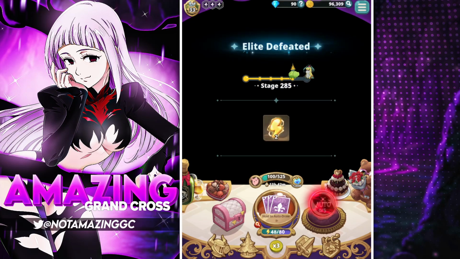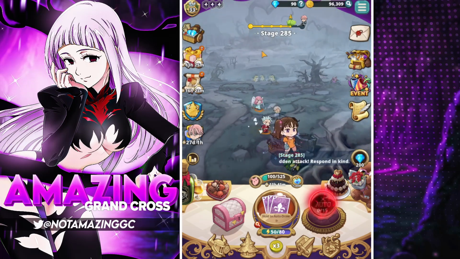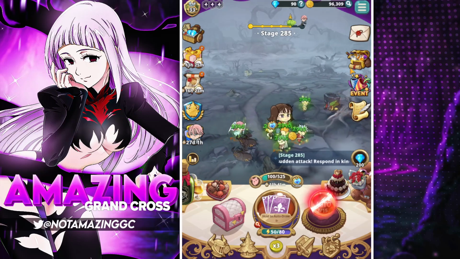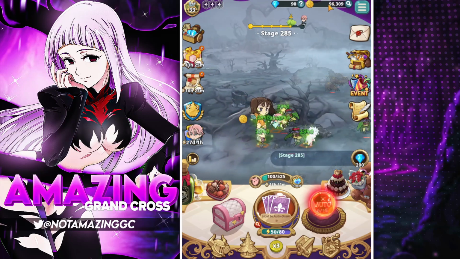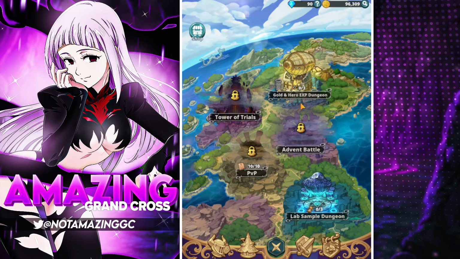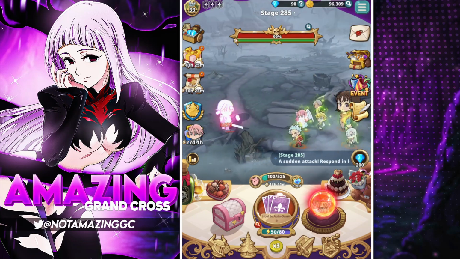Spending your gems is going to be a really important thing, making sure you're using higher rarity characters, and then focusing on your idling here by holding the draws in the middle, and focusing on the bosses right here. Obviously, using your currency as well. You're going to have other tabs here where you're able to use your gold, and then there are tabs right here where you're able to use gold and XP. You're able to grind these dungeons, kind of like Grand Cross. So yeah, there's a lot of stuff to it, guys. I'm not even that deep into the game